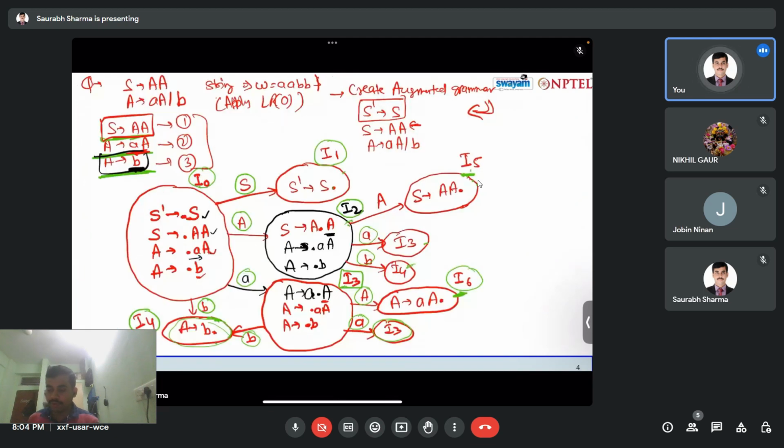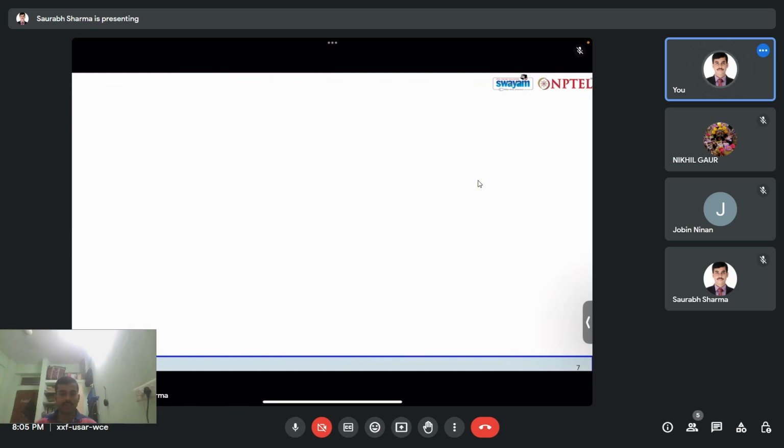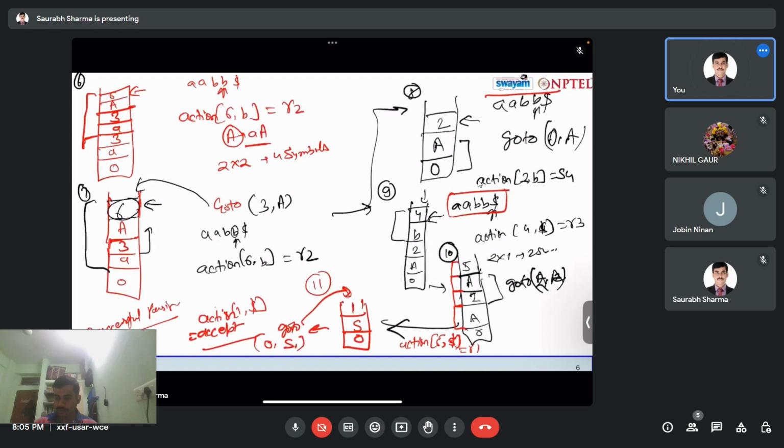On I4 we have R3 on each of the terminals. Okay, so that is the rule we have followed. And now what we will do, we will take the string we have to parse, we will push and pop based upon the rules we have provided. So in this way we actually parse the symbol. Okay,